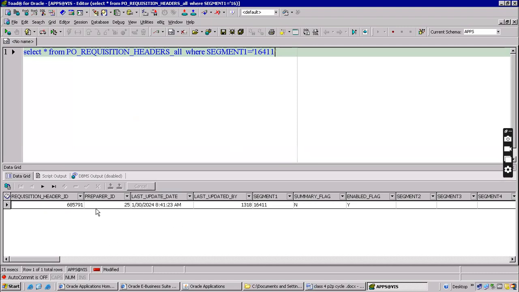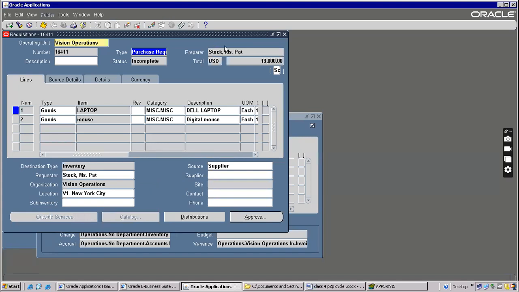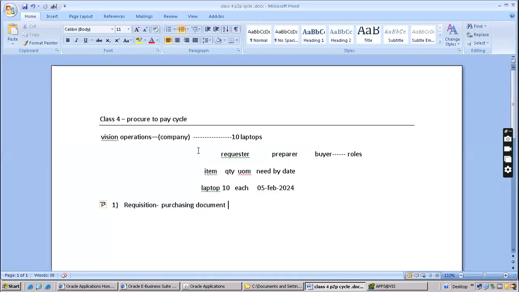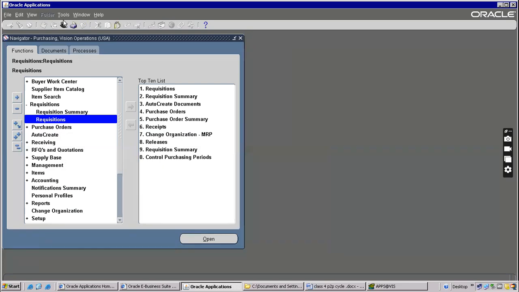If you look here, there is a preparer ID. This preparer name is coming from the HRMS module actually. So for the time being, I'll save this number. Every time, save numbers so that you don't need to check here and there. I'm just closing this by using F4, function 4, and going to